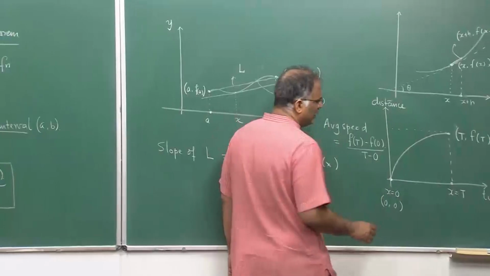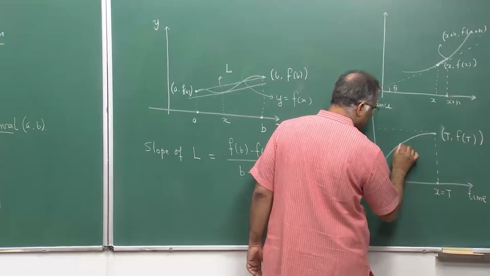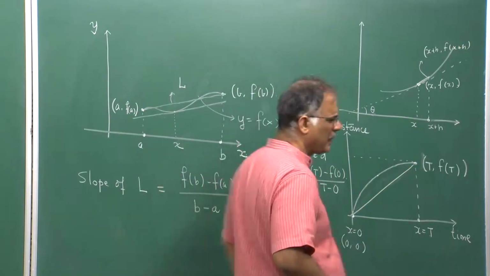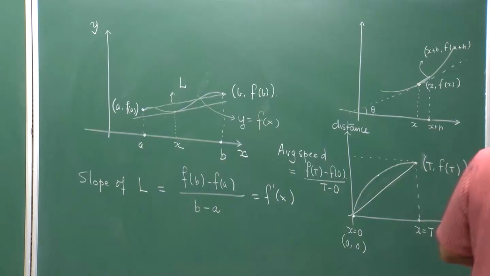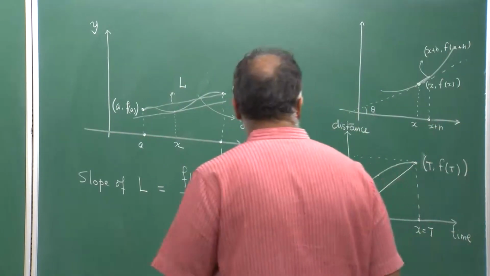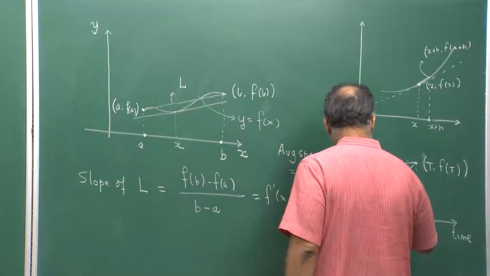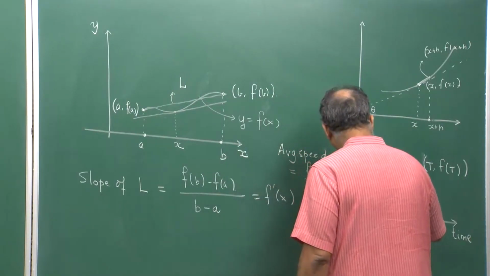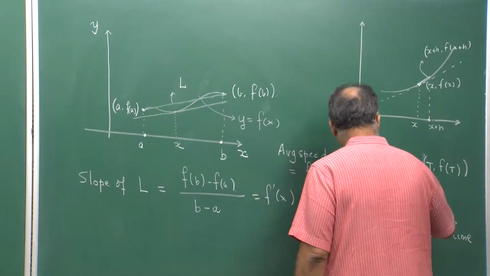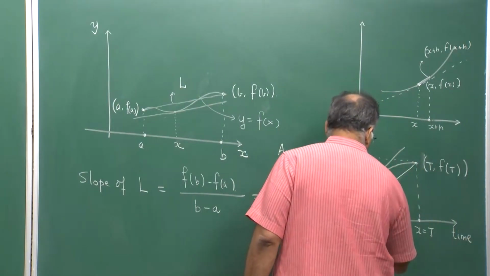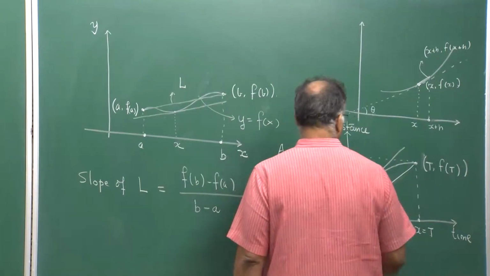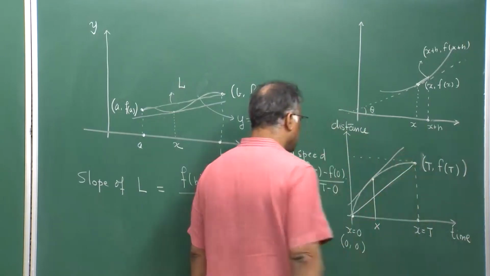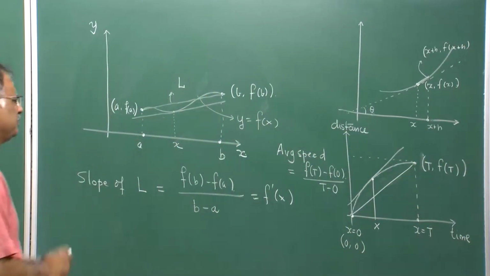That there would be a point, so here is your line joining 0, 0 and t, f of t. So, by the mean value theorem there exists a point such that the tangent to the graph at that point, say this is some x, is parallel to this line joining 0, 0 and t, f of t,